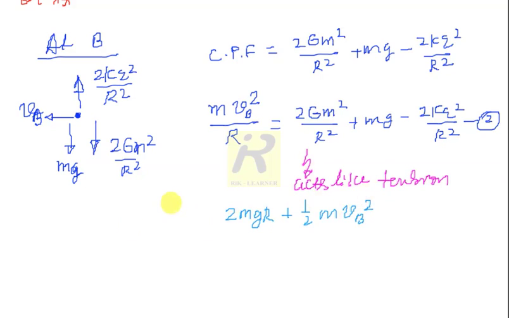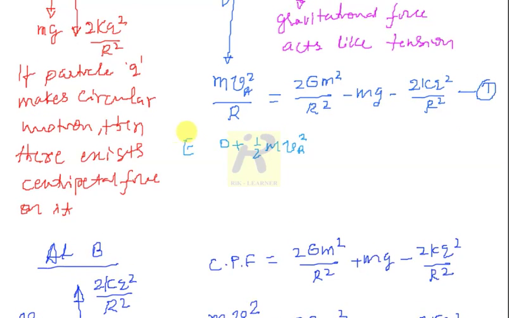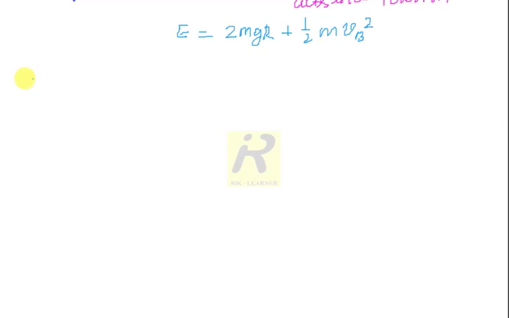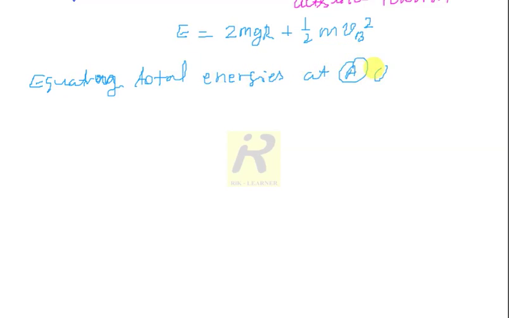So this is the total energy, it will be this much here, and here it is also this much. These two total energies are equal, right? So now equating those two, the total energy at A and B, I can simply write it is 2mgr plus half m vb square, which is equal to 0 plus half m